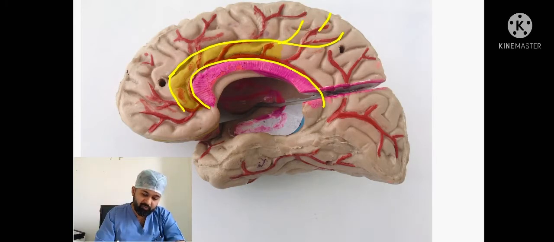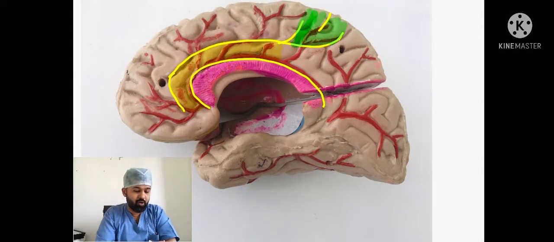The part of the gyrus between these two extensions is known as the paracentral lobule. This is the paracentral lobule. This is around the central sulcus. This paracentral lobule is very essential in controlling the movements of your feet and also in bowel and bladder control. That is the final cortical center for the voluntary control of your bowel movements.